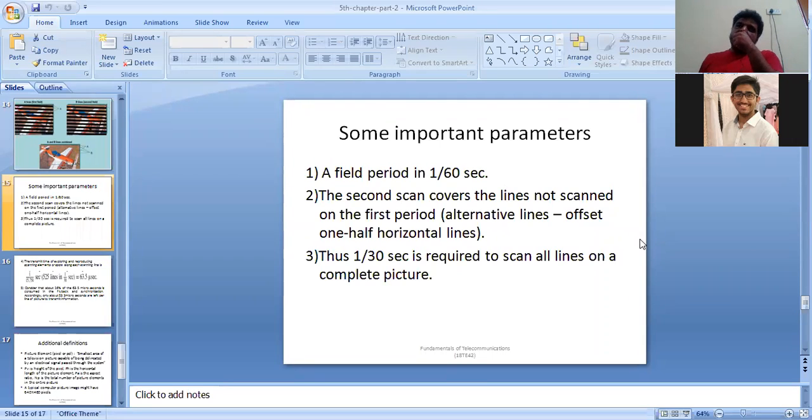Even that is more than sufficient actually. Even if you are transmitting 25 frames per second, it will have a good video quality, not to talk of 30. 30 is a good number. 30 frames per second will sufficiently provide good video quality. And there is some numerical value.